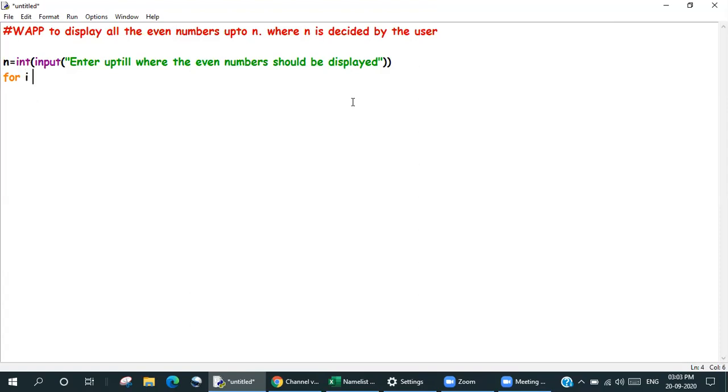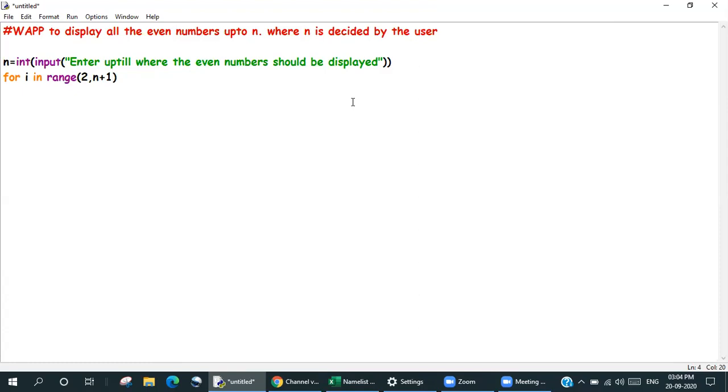For i is my loop control variable. For i in range, and my range will be n plus 1, starting from 1. Sorry, it's even numbers now. So starting from 2 till n plus 1.